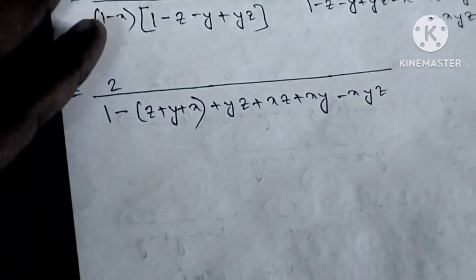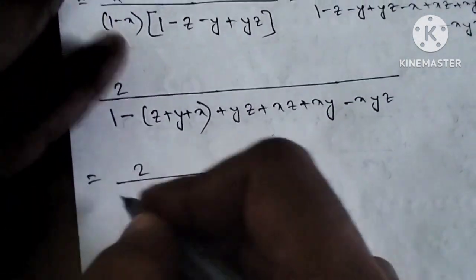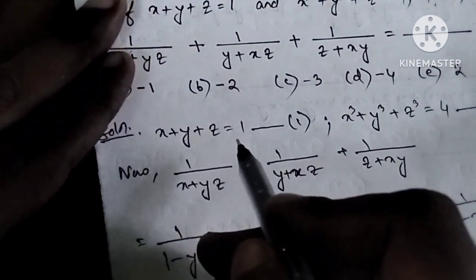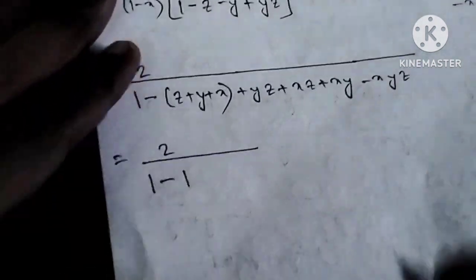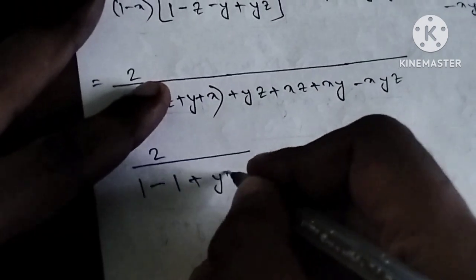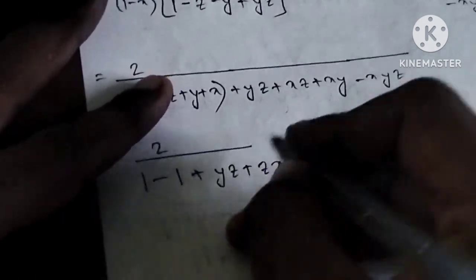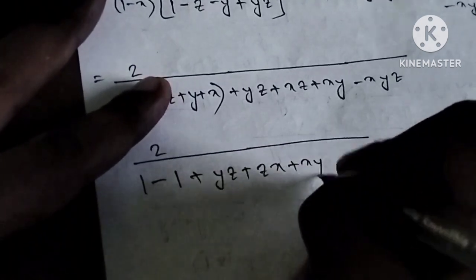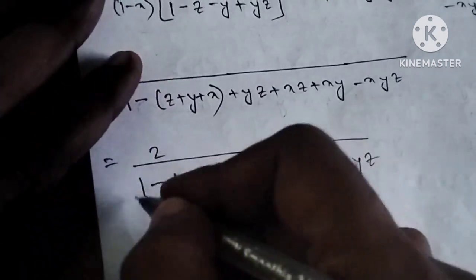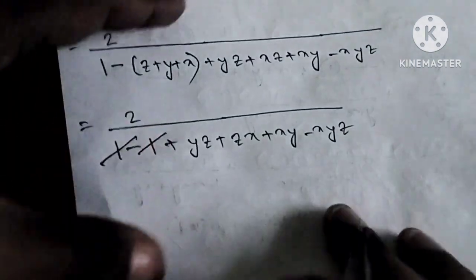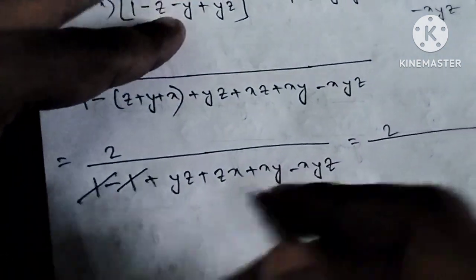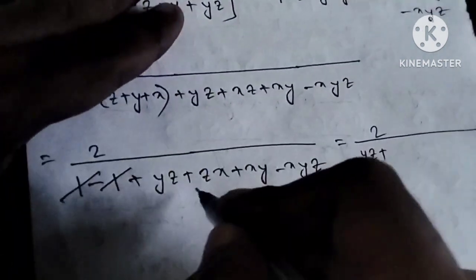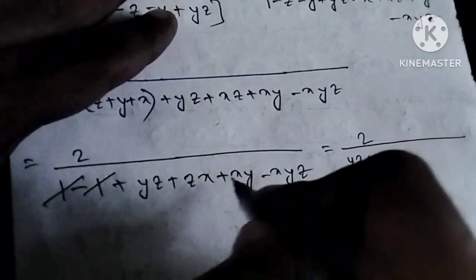Okay, so it will be 2 by 1 minus x. In equation 1 only we saw x plus y plus z is equal to 1, so we can replace z plus y plus x with 1, plus yz plus zx plus xy minus xyz. So plus 1 minus 1 will cancel each other. So it will be 2 by yz plus zx plus xy